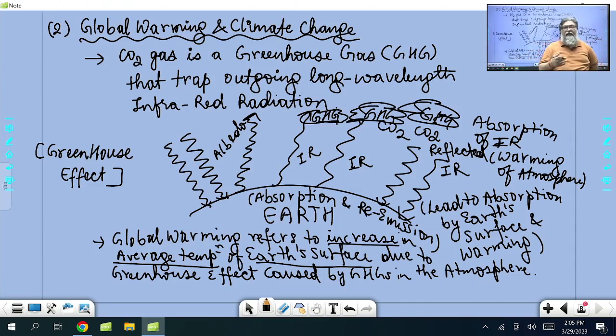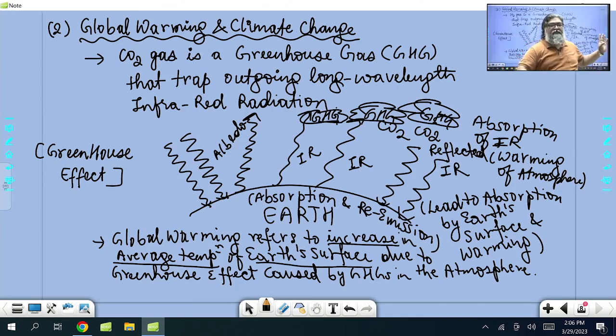But the problem is that urbanization is happening in India also. Slowly we will also go into more industrialization, more urbanization. So we are also bound to release more carbon dioxide and more greenhouse gases to the atmosphere, and that will really cause problems. So now the matter is not only industrialized, developed countries like US, Canada, Australia, Japan, European countries. Now it has also gone to developing countries like India, China, Brazil, South Africa. They also become part of it.